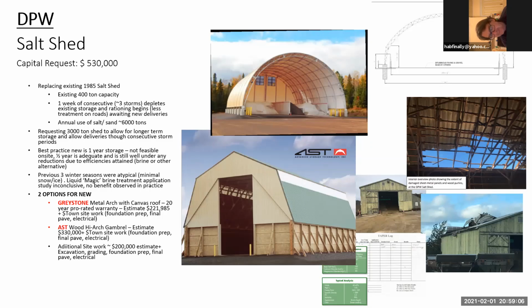The first is that the last shed was built in the 1980s. I don't know for certain, but I'm pretty sure Cohasset has not added a lot of roads since then, and I don't really think our weather patterns have gotten more severe. So somebody did the work to calculate the appropriate size shed for the appropriate size salt usage and built that shed. And I'm just kind of having a hard time getting my head around the idea that they got it